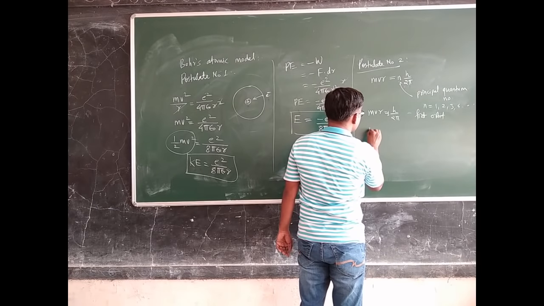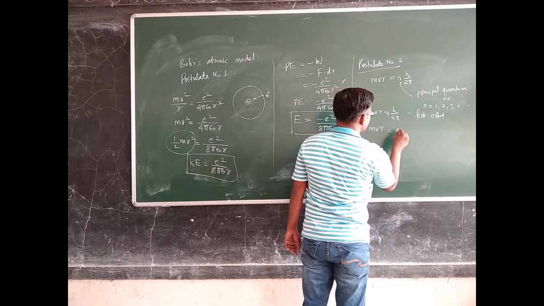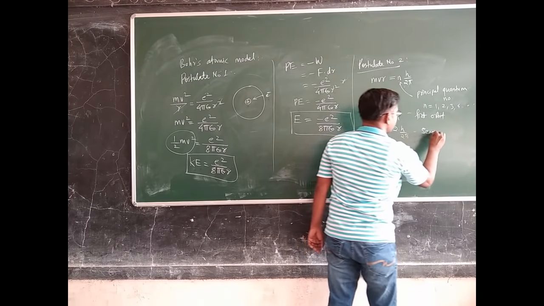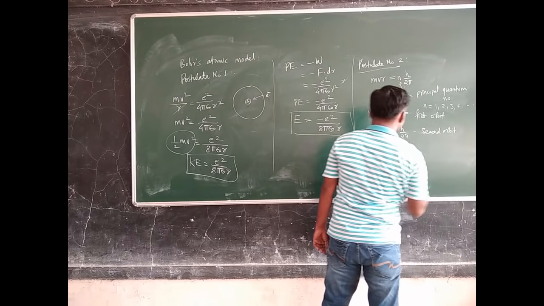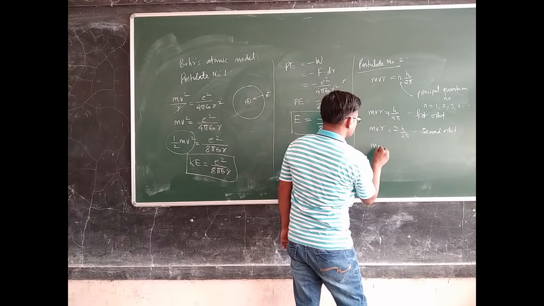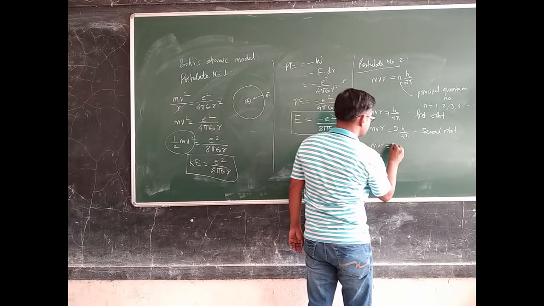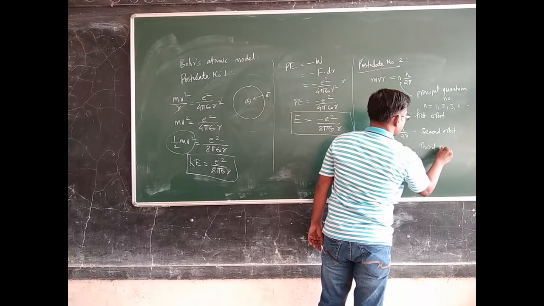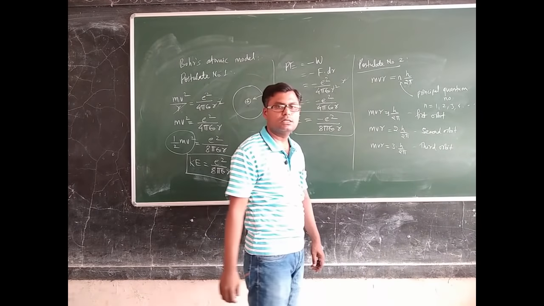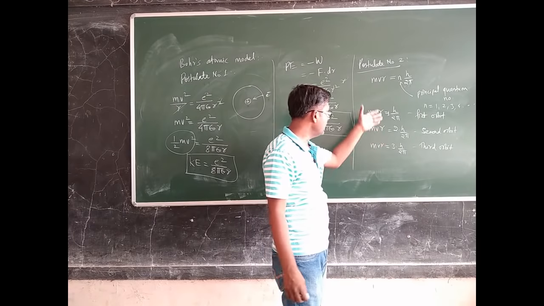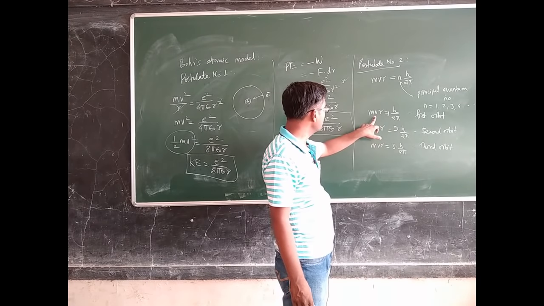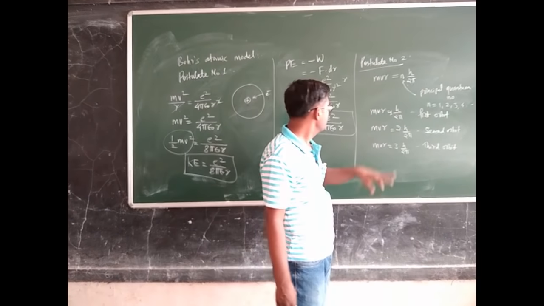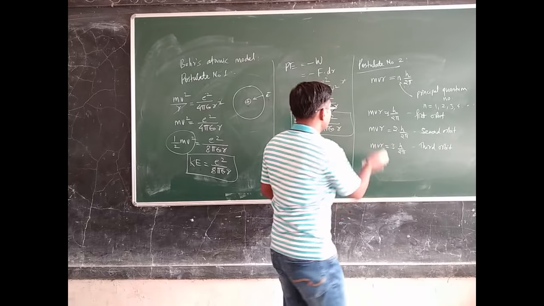If n is equal to 2, then m into v into r is equal to 2 into h upon 2 pi. This is the second orbit. If n equals 3, then m into v into r is equal to 3 into h upon 2 pi, and this is the third orbit. In this way we can get a large number of orbits, and for every orbit the angular momentum should be an integral multiple of h upon 2 pi. Only those orbits are possible. So if you make use of these equations,